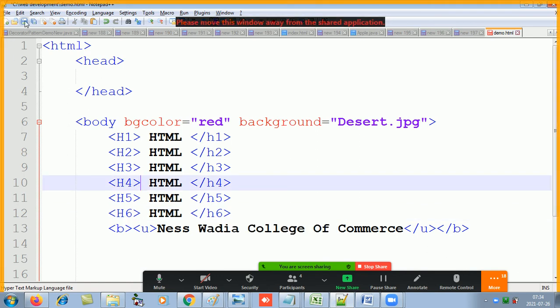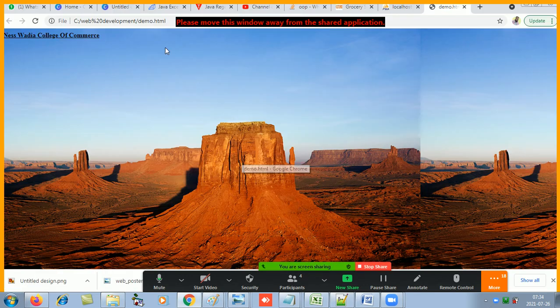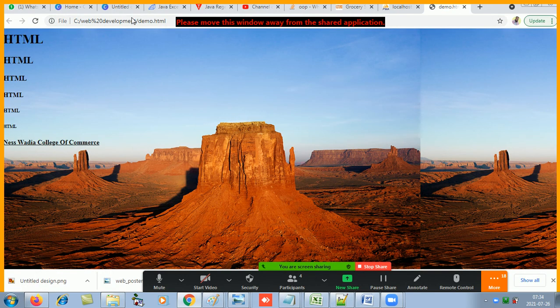Now if I save this and refresh the browser, do you see this size of the 6 headings? h1 is the largest size and h6 is the smallest size, correct?